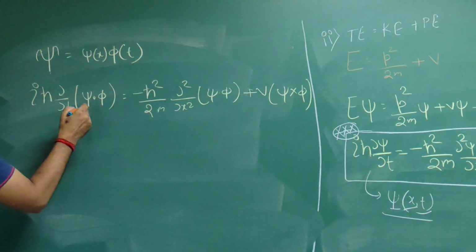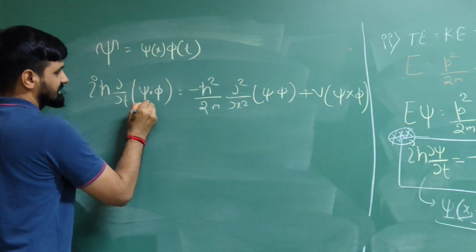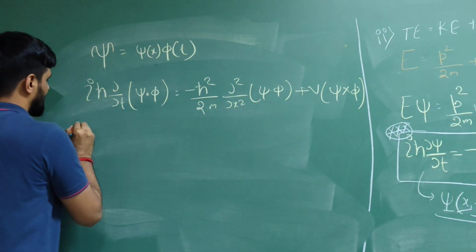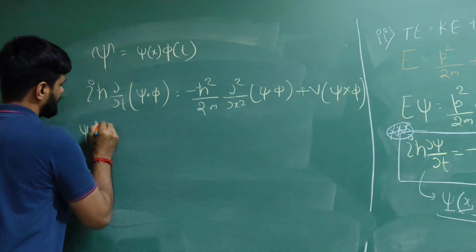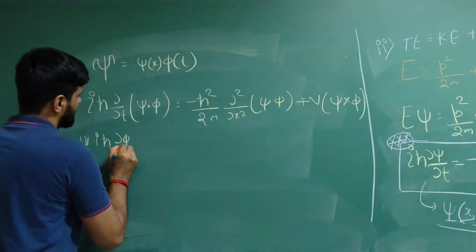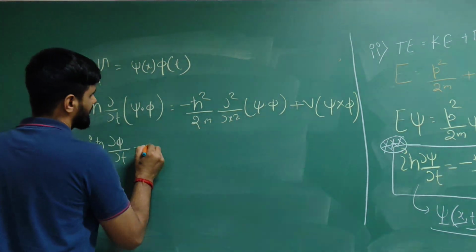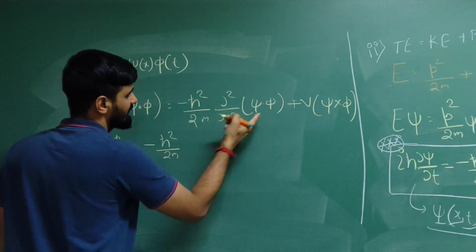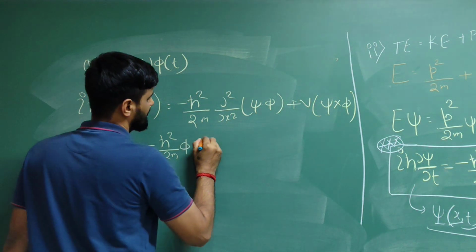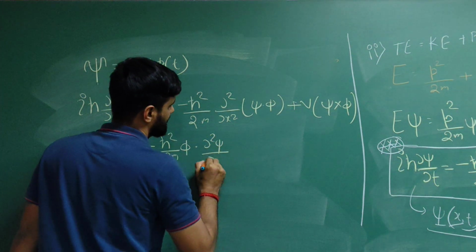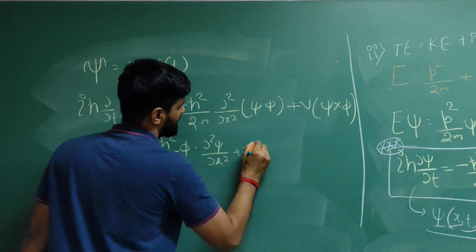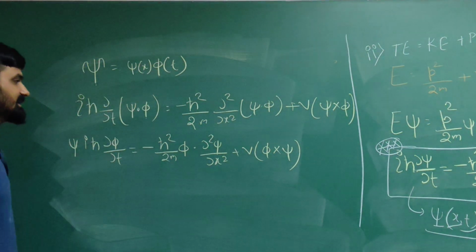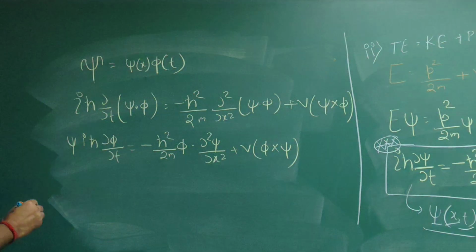So here you can see that phi is a function of time. Psi will come out of the derivative because with respect to time, psi will be constant. So I can take psi out: i h cut psi del phi by del t is equal to minus h squared divided by 2m, and here phi will come out, and that will give del 2 psi by del x squared plus V of phi into psi. So if I divide this equation by phi and psi both sides,